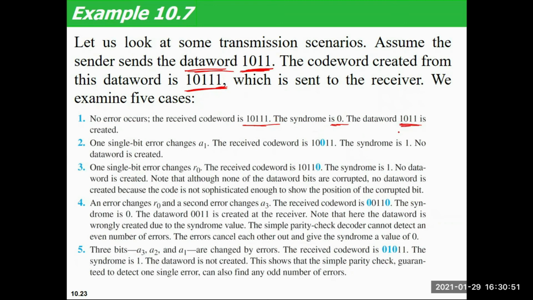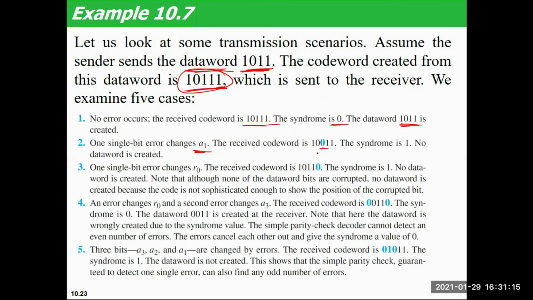In the next case, we are taking a case of a single bit error, and the error happened at the place of A1. So instead of getting this code word, we are getting 10011. Okay, so this place is changed now.